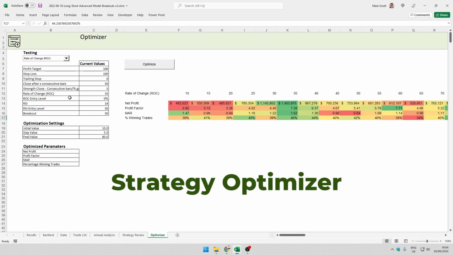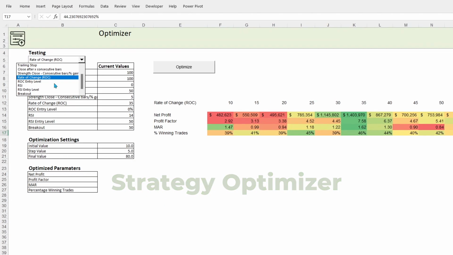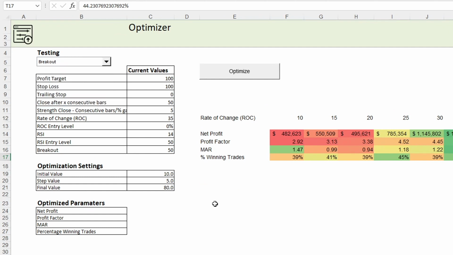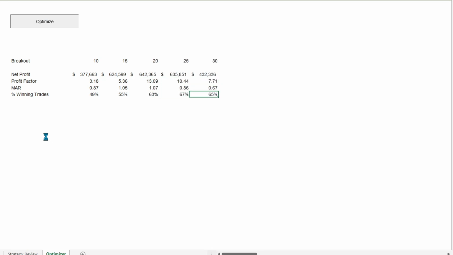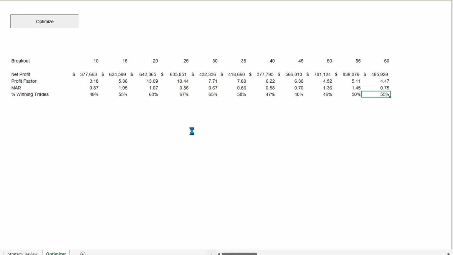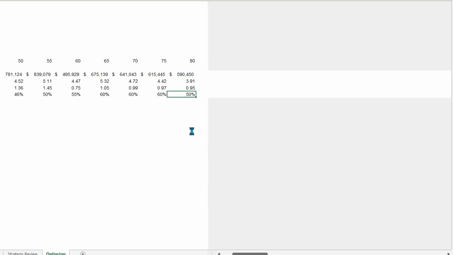Optimizer here, and we can have a look. So let's have a look at the breakout that I was just showing a moment ago. Let's look at all the values between 10 and 80 with a step of 5. And when I click onto the optimizer, we not only get the values calculated quickly in terms of net profit, profit factor, MAR ratio,